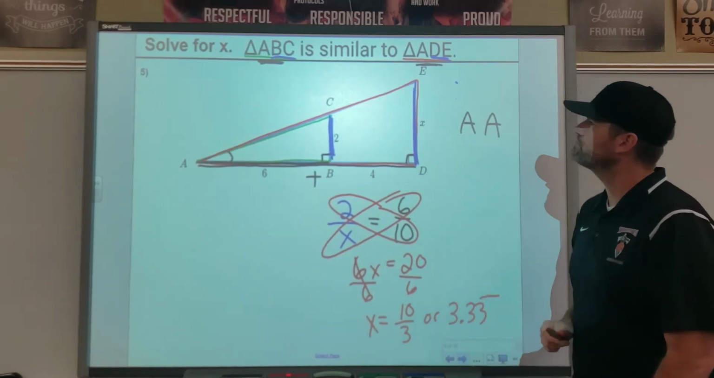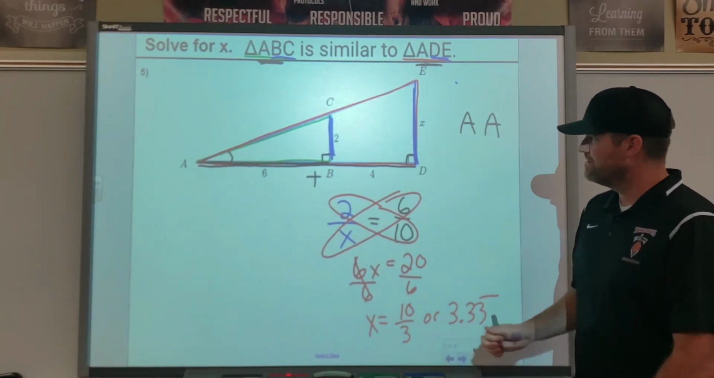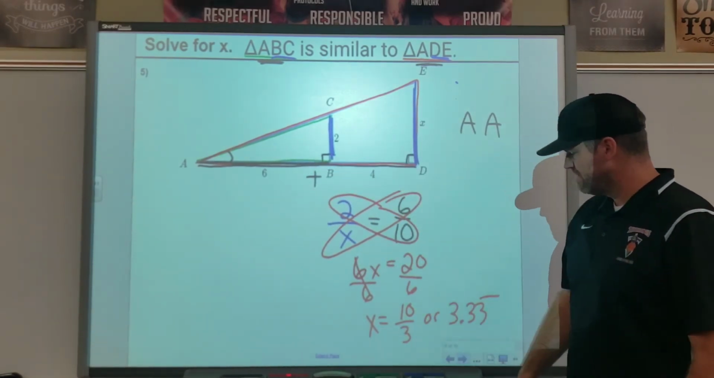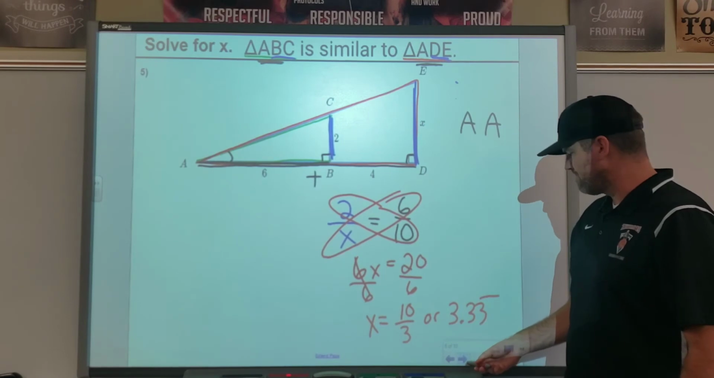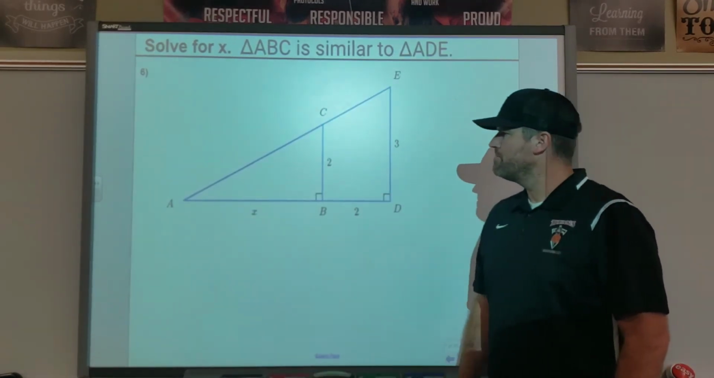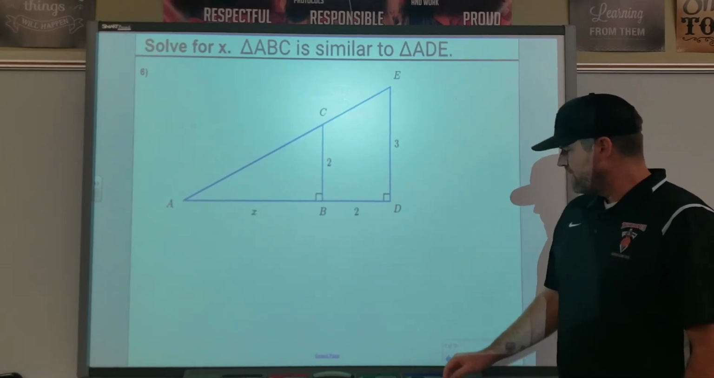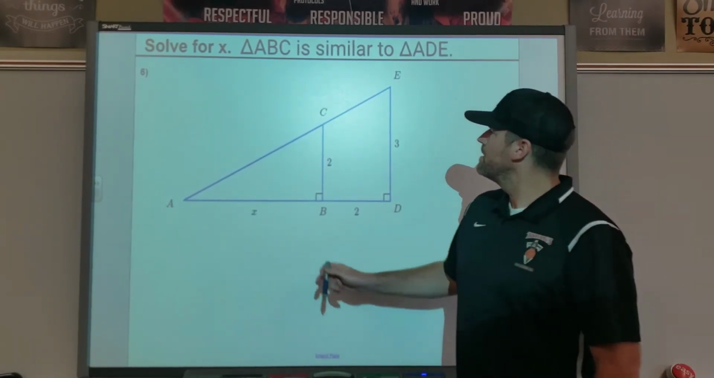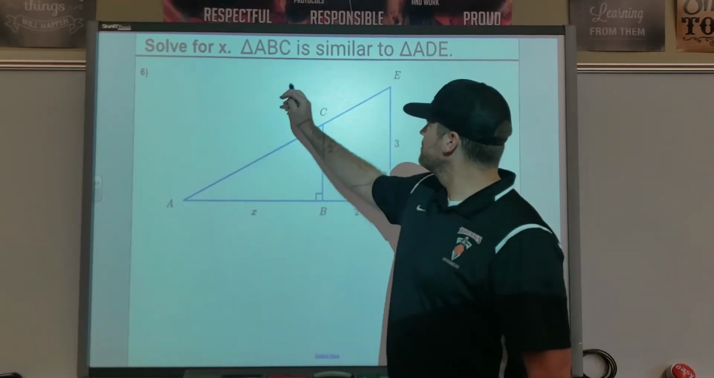3.3333333 forever. All right. So sometimes our similar triangles are nested inside of each other like this. We can still do those problems. Another way you could actually approach this problem, and I'm going to go ahead and draw it out on here, is we could separate into 2 separate triangles. And so if I redraw this littler triangle,